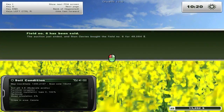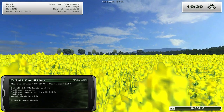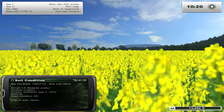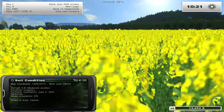Alright, so let's see what happens. Field 6 has been sold. Okay, that's great. I just want to see the pH go up, because I didn't cultivate it, because apparently this should work. This should increase the pH, but it's a question of how much it's going to increase it by. Because if you cultivate it in, or if you...